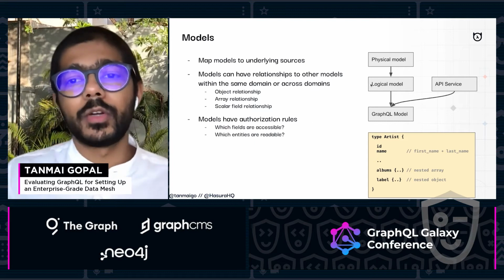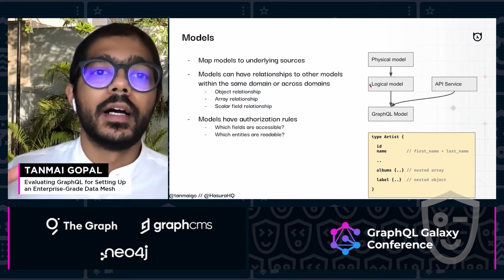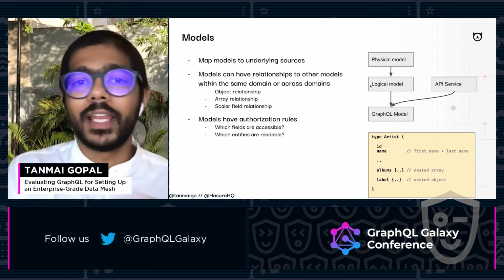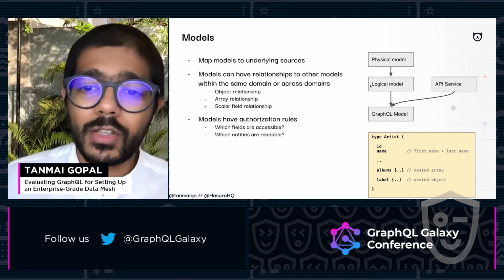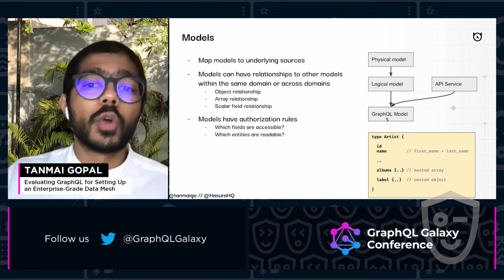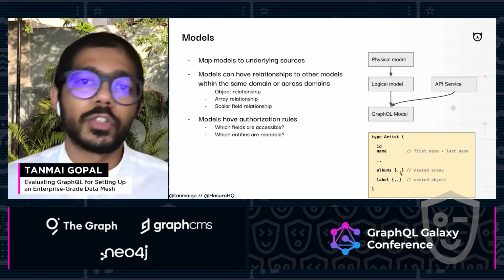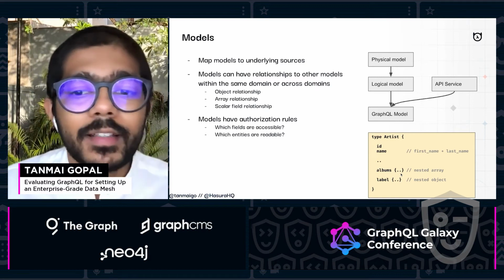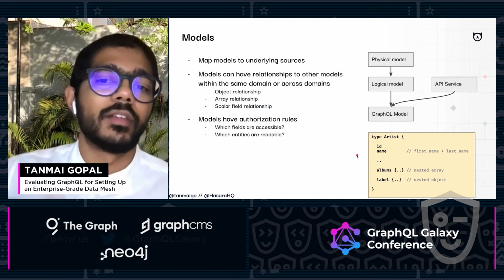The second thing that we want to add configuration or code around is to make sure that we can model relationships between these models that we have. Because it's finally going to be JSON, the way that relationship will show up in the API is going to be, maybe, a nested array or a nested object. So many to one would be a nested object, or one to many would be a nested array. Or you can even have fields that are actually a relationship coming in from a different model,